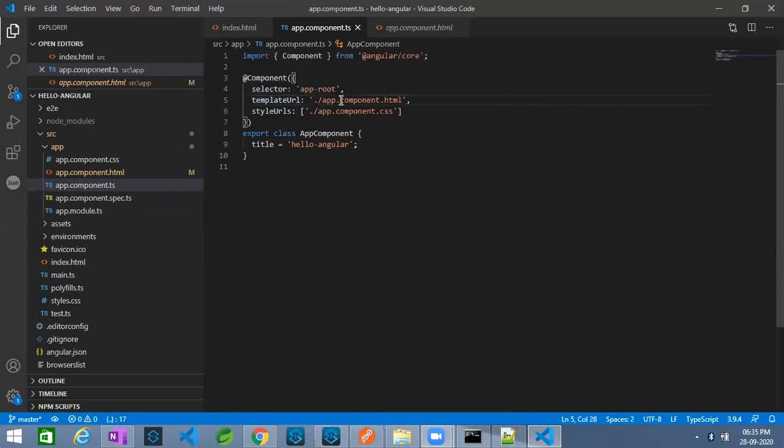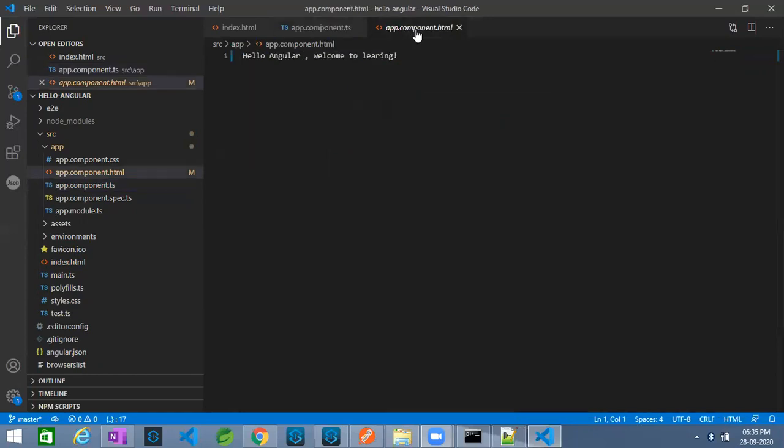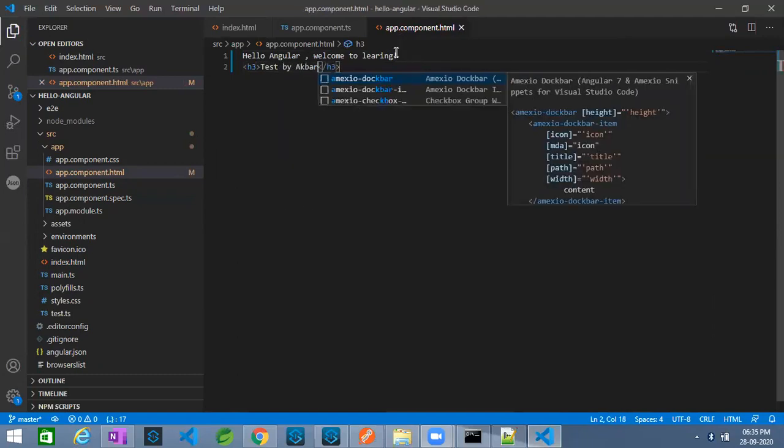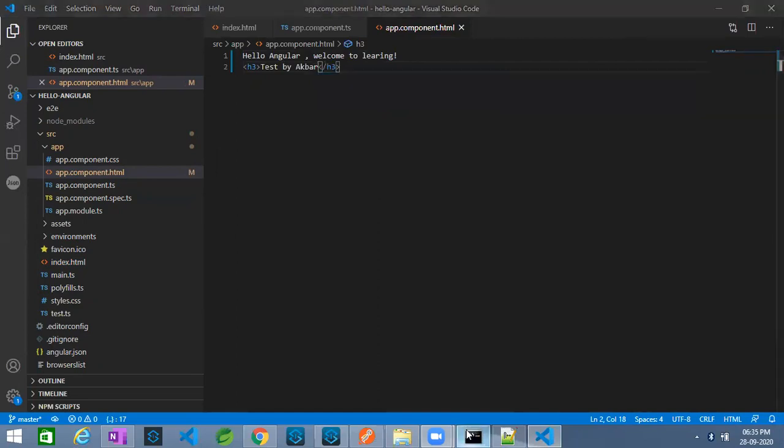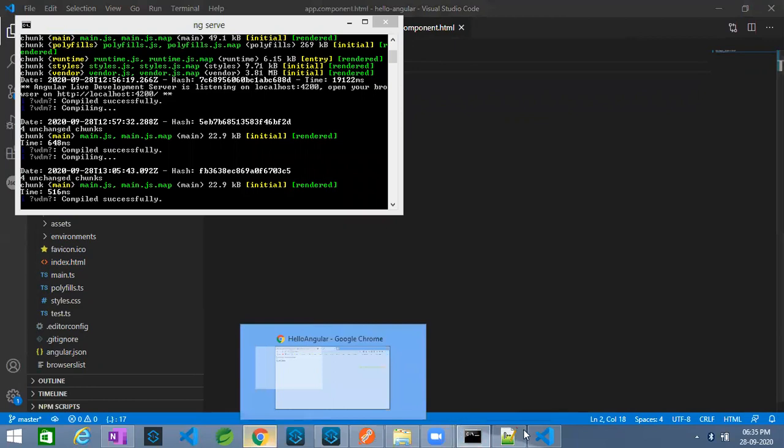The corresponding HTML page will be displayed. If you change here something like h3 tag, test by Akbar, as and when you save, it is automatically deployed, your UI will be correct like this.